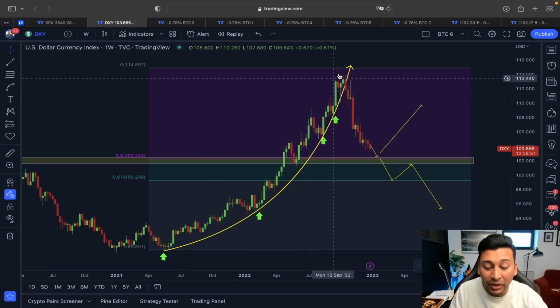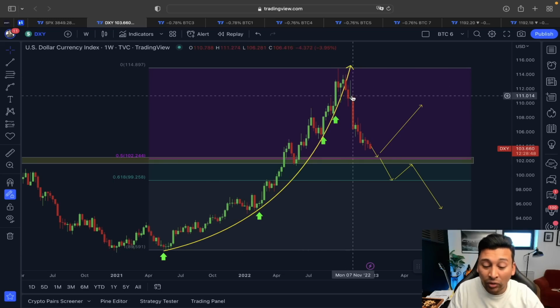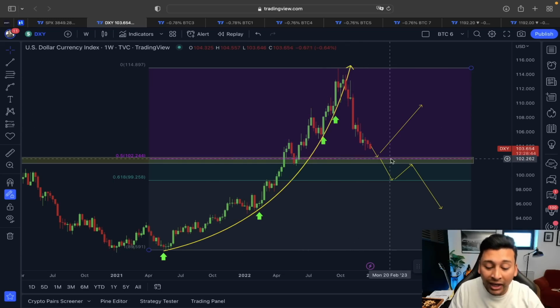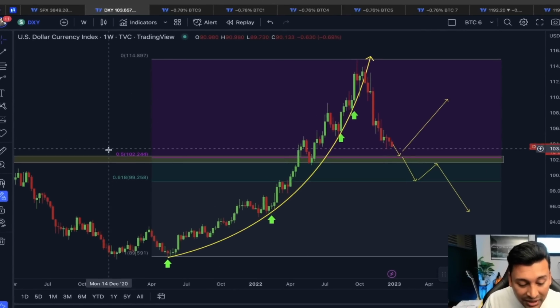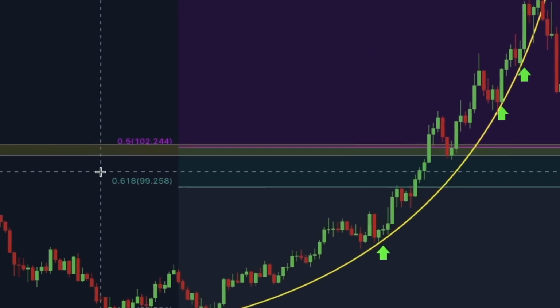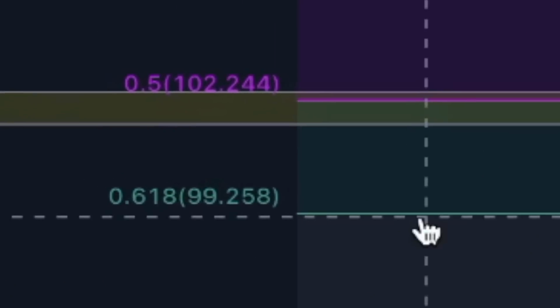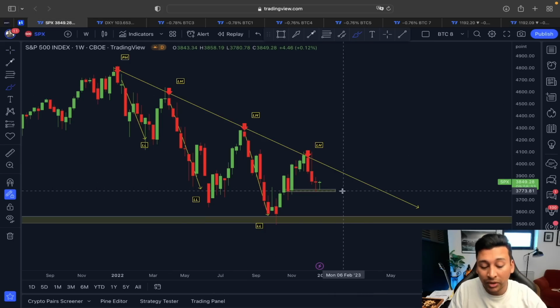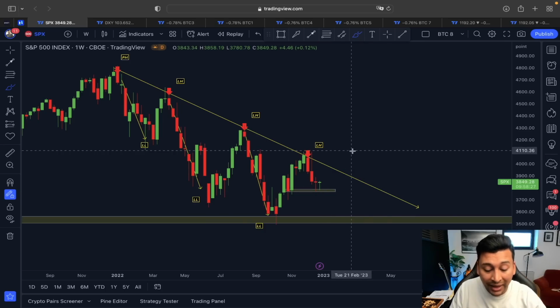Yes, this parabolic curve line support has already been broken, and since then the US dollar index is clearly showing weakness and also could be getting gravitated around this 0.5 to 0.618 Fibonacci line, and that will indicate in the medium short term the support what we have for S&P 500 around 3,700 3,750 is going to remain,